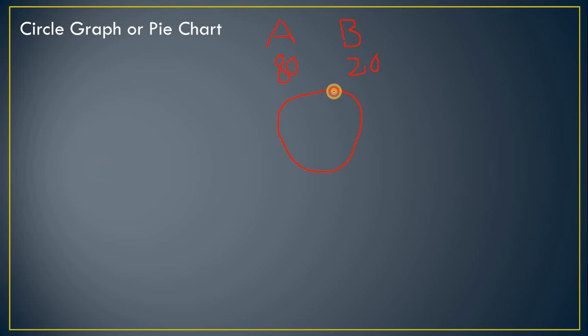So this is the pizza, and A is taking 80%. We assume this is the circle center point, and 80% will be like that. This is 80% and this portion is 20%. Clearly, on that basis we can do calculation. We can tell that A has taken more share than B, and B has taken less share than A. So we can come to a conclusion. For doing this we just need a plot, a circle graph or pie chart.